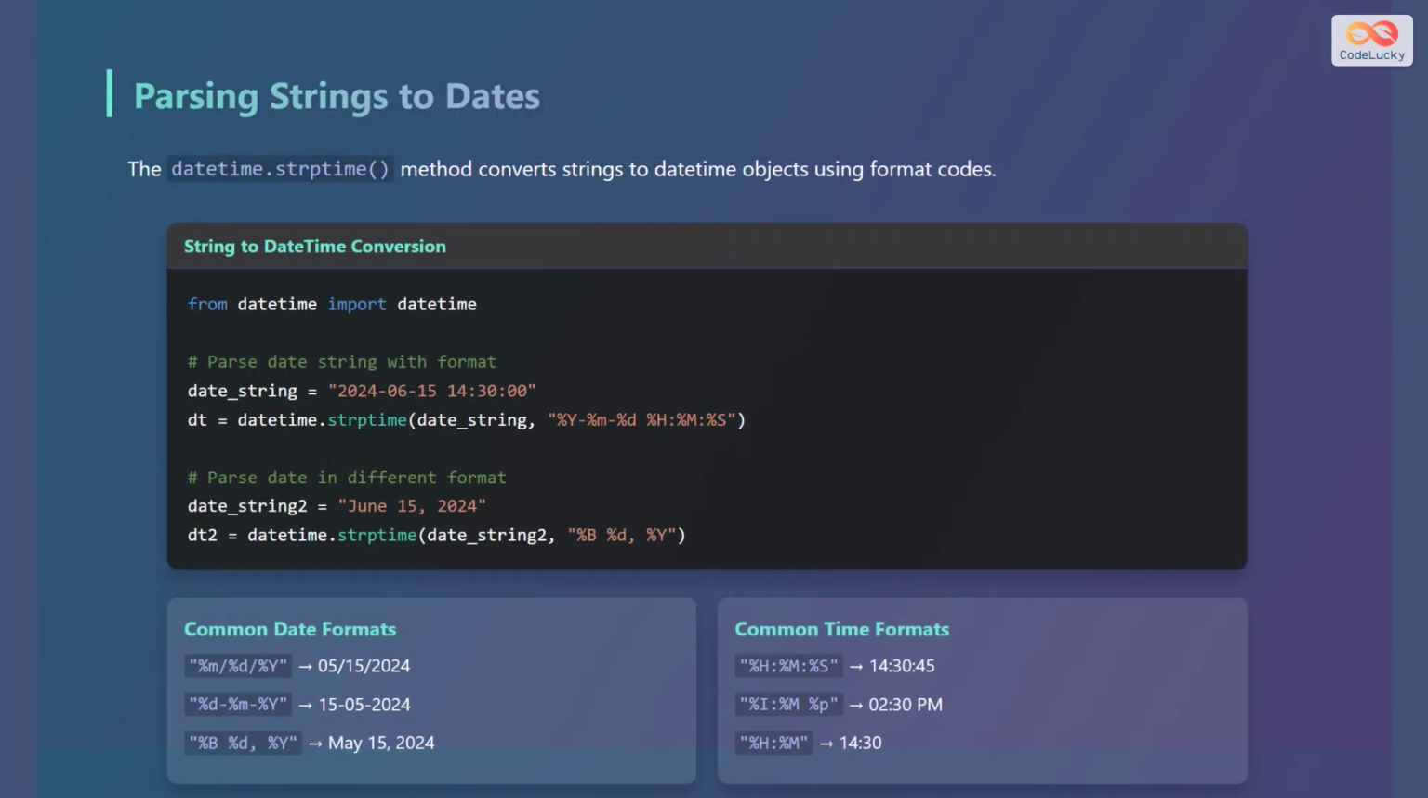Let's explore how to parse strings into date objects. The DateTime.StripTime method converts strings to DateTime objects using format codes. For example, after importing the DateTime class from the DateTime module, you can parse a date string with a specific format using DateTime.StripTime, passing in the date string and the corresponding format. For example, to parse the date string